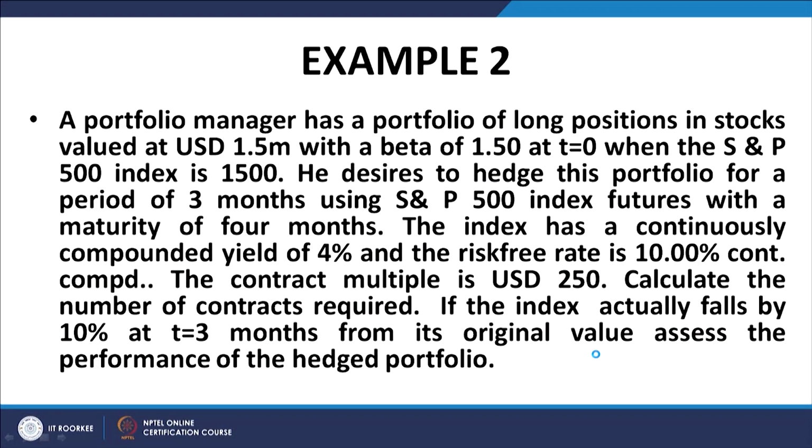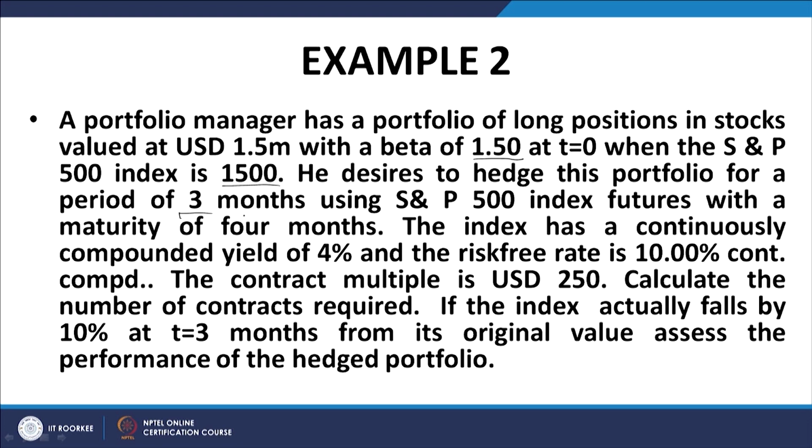A portfolio manager has a portfolio of long positions in stocks valued at $1.5 million with a beta of 1.50 at t equal to 0 when the S&P 500 index is 1500. S&P 500, this is the spot index, this is not the futures value, this is the spot index. Spot index is 1500 at t equal to 0, the beta of the portfolio is 1.50. The value of the portfolio is 1.5 million. He desires to hedge this portfolio for a period of 3 months